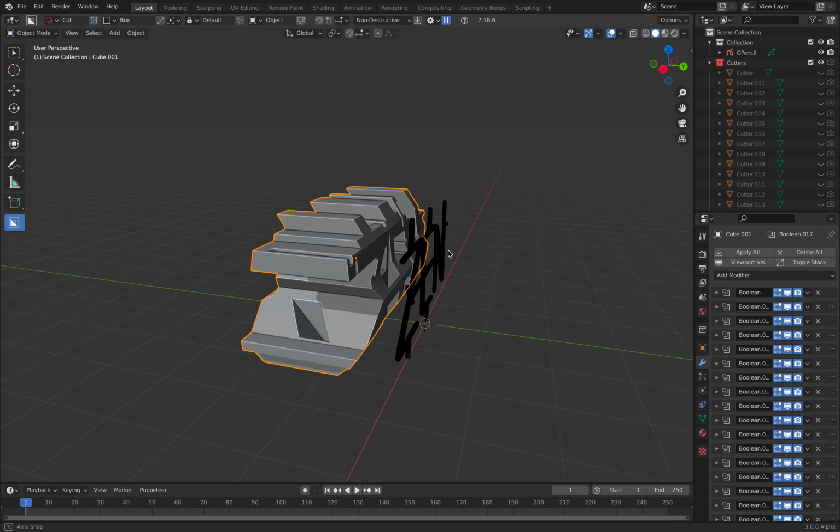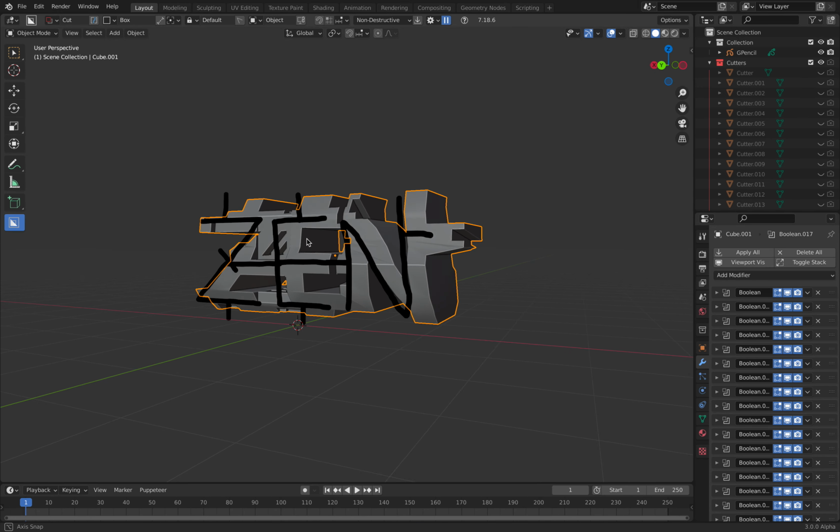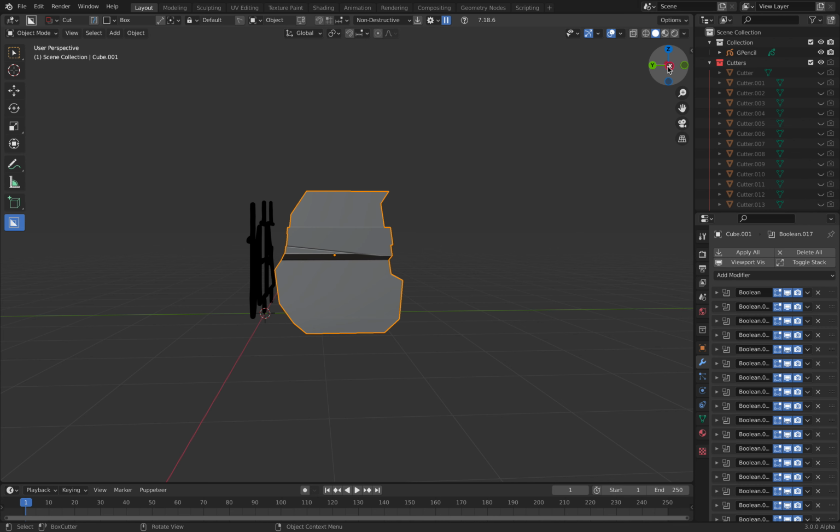There's something that's almost like a spaceship, or if you make a cut from here,